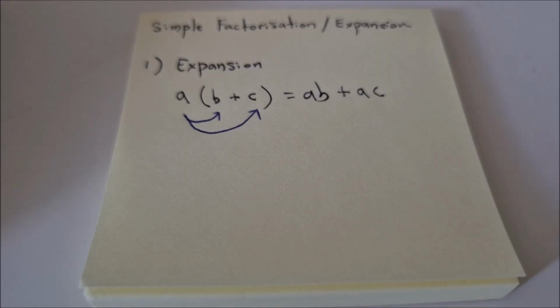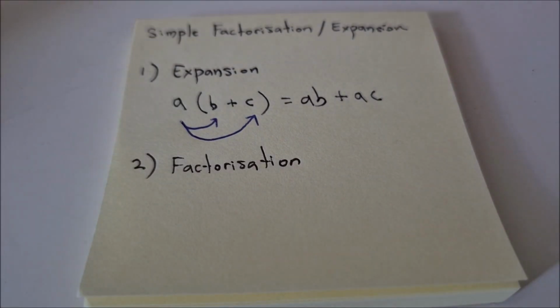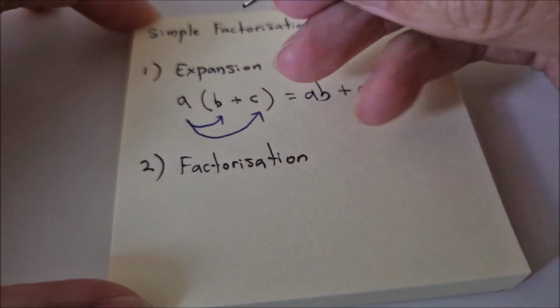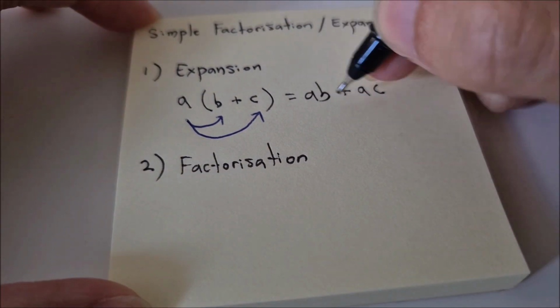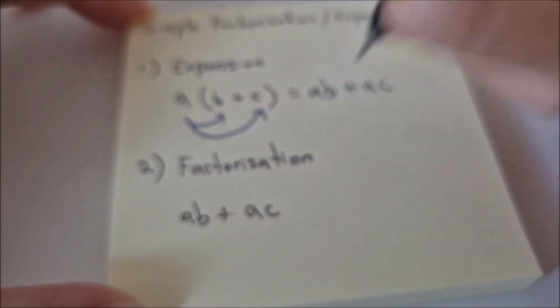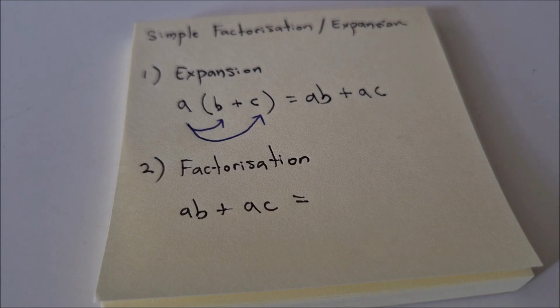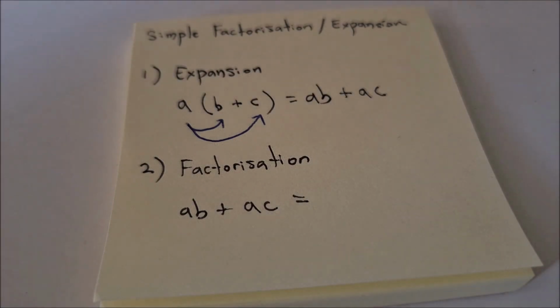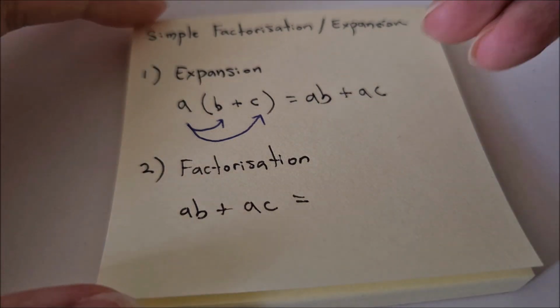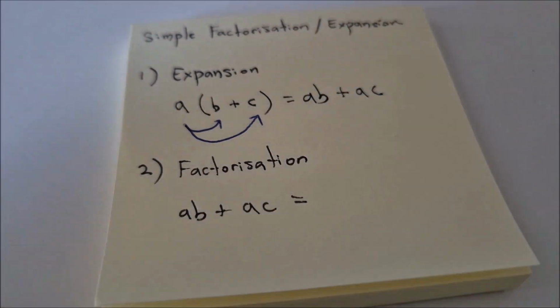So now, what is factorization? This is essentially going the other way. So you have, let's just use this one here, A B plus A C. And for factorization, it can be a bit more tricky because you have to find the highest common factor of the expression. In this case, we have